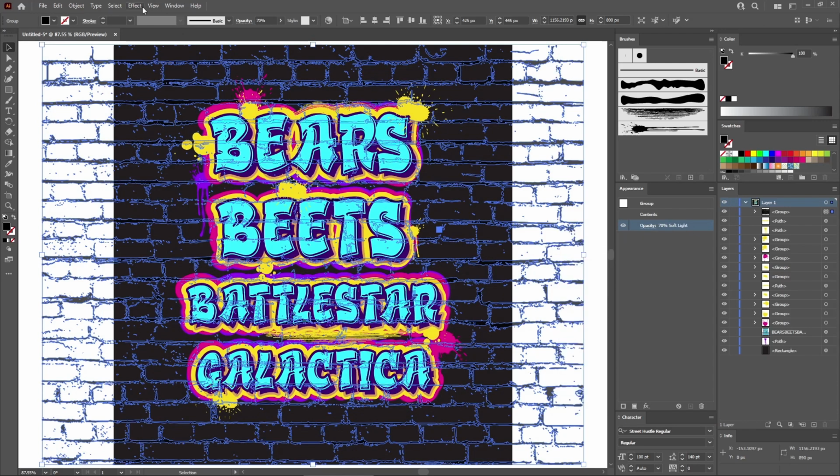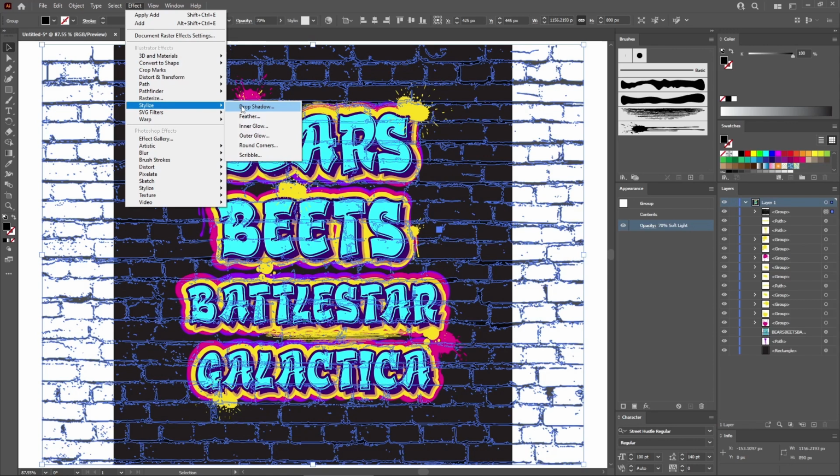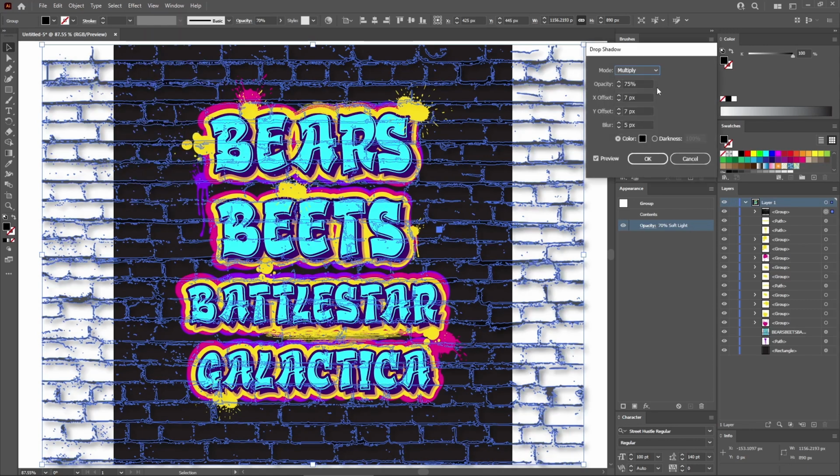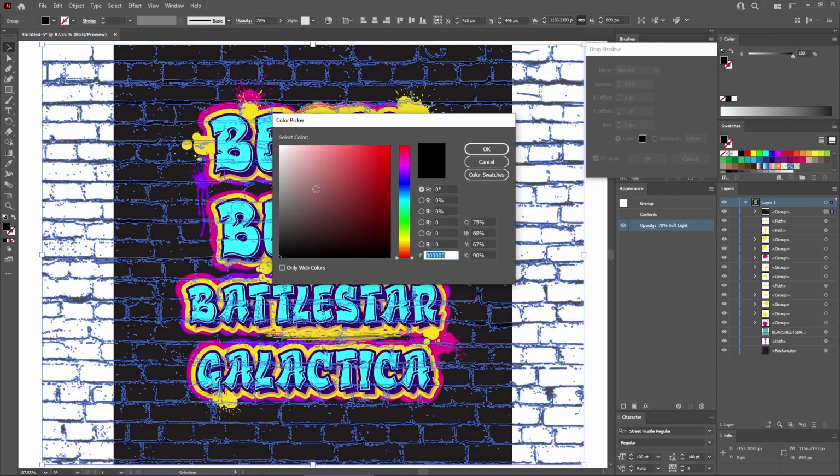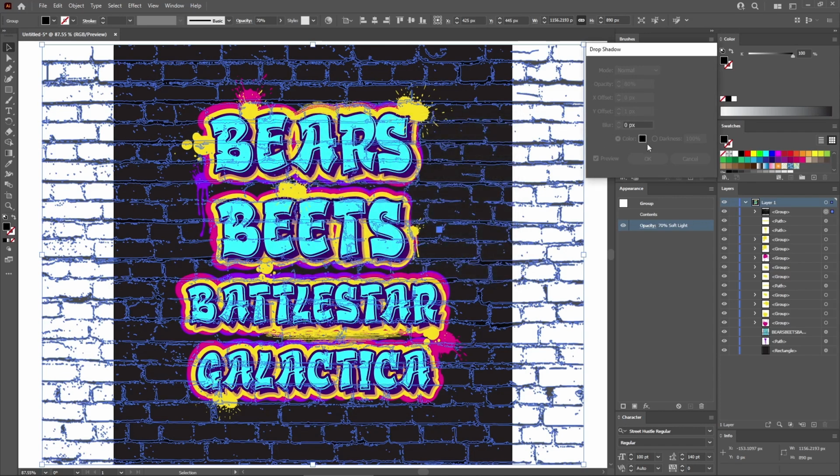And then go to Effect, Stylize, and Drop Shadow to apply a subtle shadow effect for your texture. Change the blending mode to normal, increase the opacity to 80%, set the offset values to 0 and 1, decrease the blur value to 0 pixels, remember to replace the color with white, and then you can click OK to